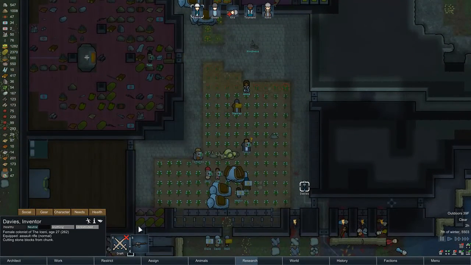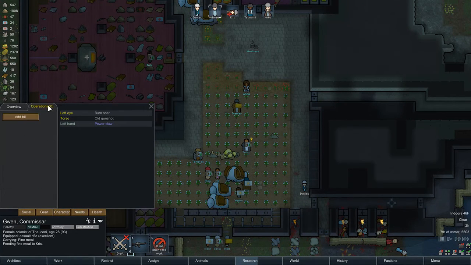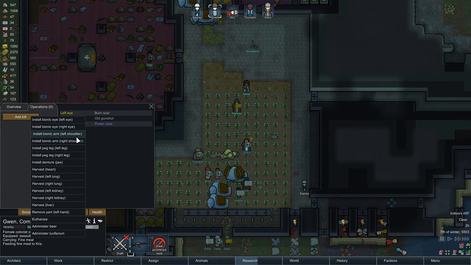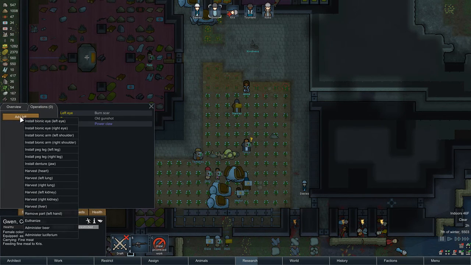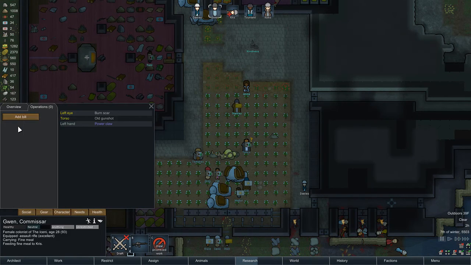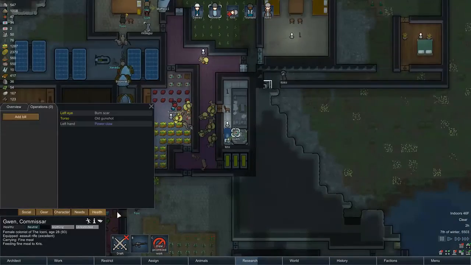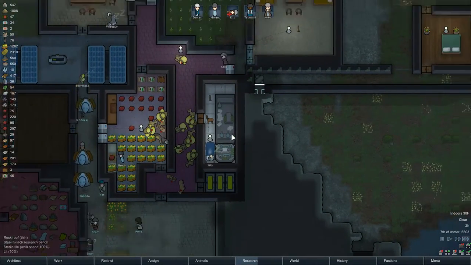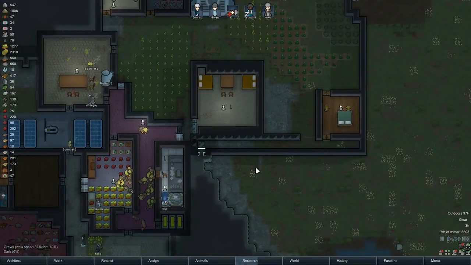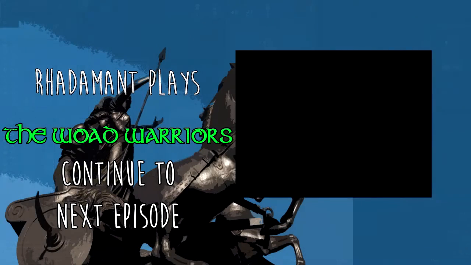I'll ask my viewers, should I take the risk? Because Gwen needs to remove her power claw to install a left bioarm and to install a left eye. Should I try this, or should I not? I'm pretty sure it won't go well. I'm actually pretty positive it won't go well. I just need to get another doctor in this group. I don't think I want to throw away one of my colonists for that cheap